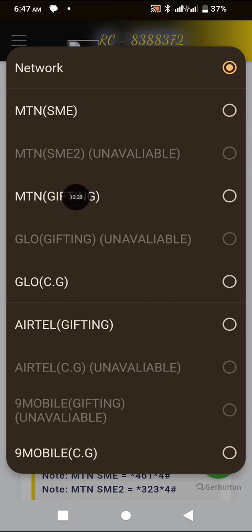These two are selectable and this one is not available. Then for Glo we have two options. For Airtel we have two options as well. For 9mobile we have two options. The reason we are having this is we have the one called SME, small medium enterprise data, and